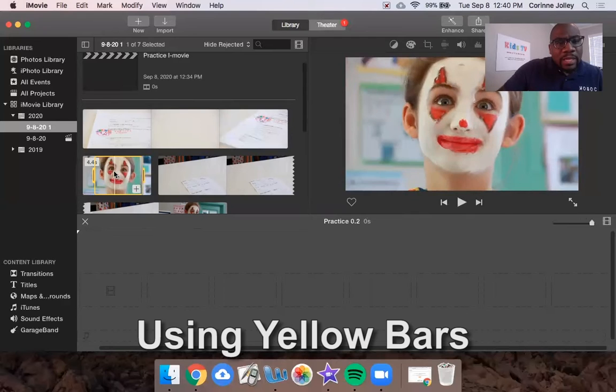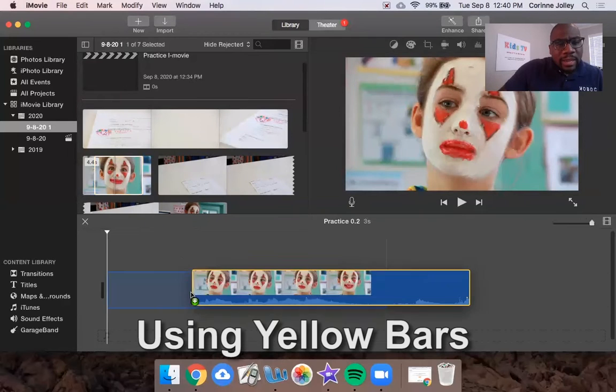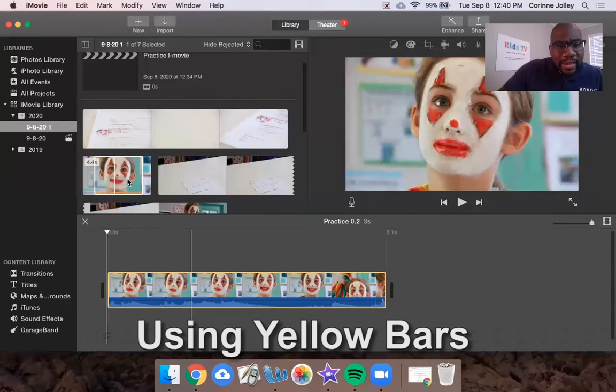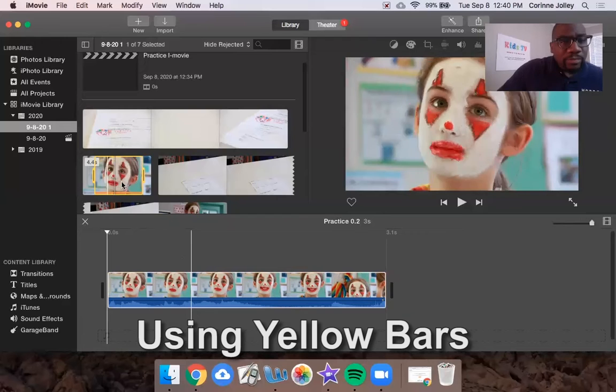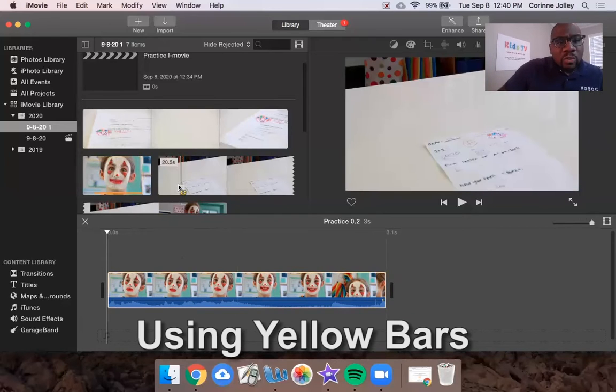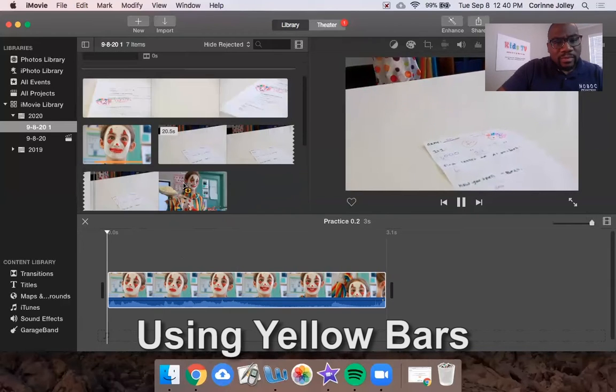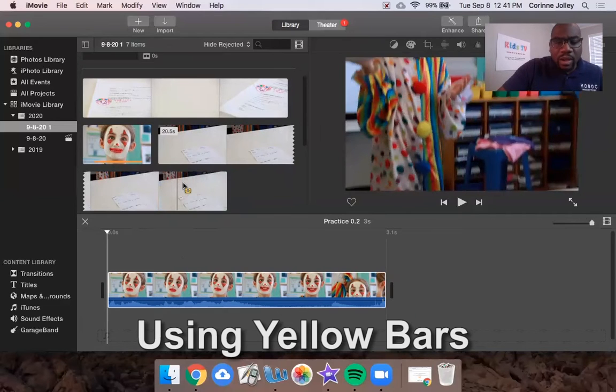So those are yellow bars. I'm going to click on that and bring it in. And I just made an edit clip. So I'm going to show you what I prefer. That's one way to make the edit. I'm going to fast forward through this clip a little bit. All right, so